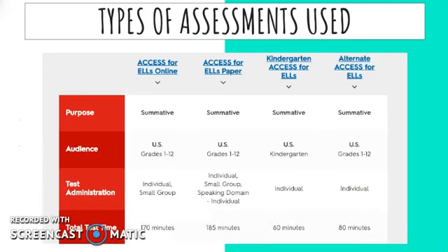When it comes to actually taking the assessment, there are several types of administrations that are available to students depending on their specific and individual needs. Most students will take the Access for ELLs online, which is an assessment that is computer-based, and it is for ELL students in grades 1 through 12. The test administration can occur on an individual basis or in a small group setting, and the total test time